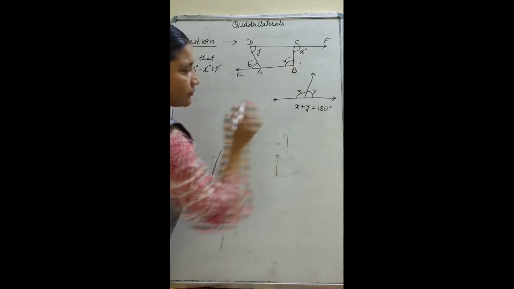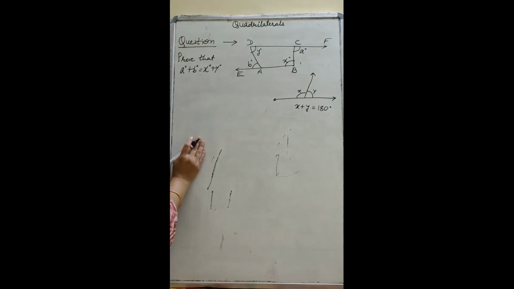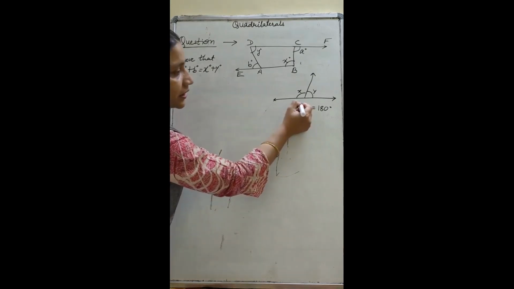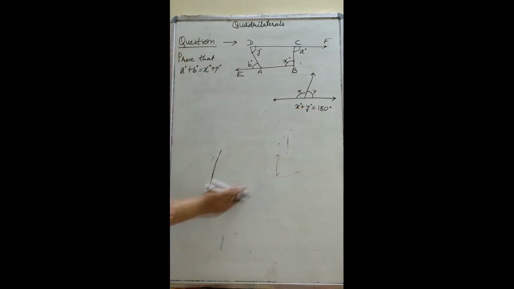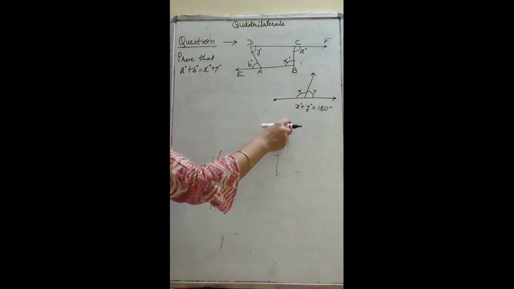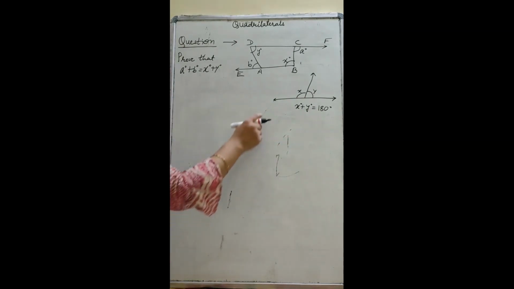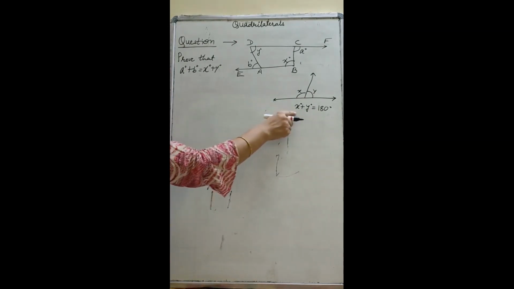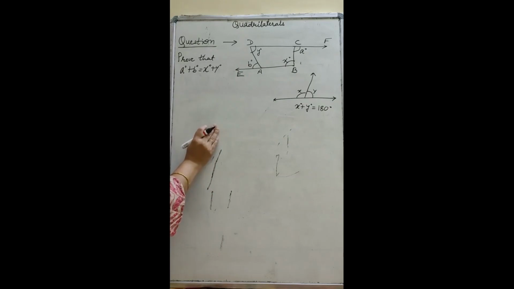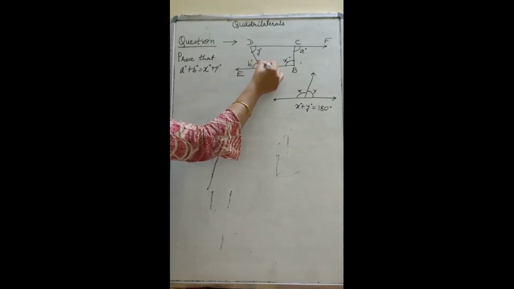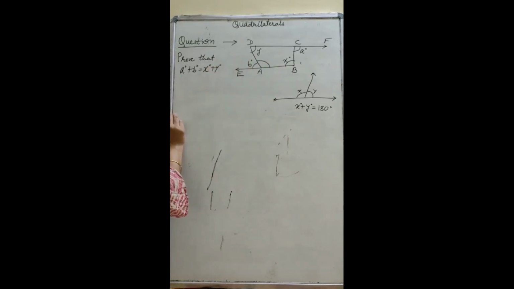Here one arm is common and the other two arms of the angles are in the opposite direction. They form a straight angle, and as we know, the sum of two angles on a straight line with the common arm is equal to 180 degrees. That's why we can use this property here, because here we are getting a linear pair form. And for this I am going to show you the linear pair form.